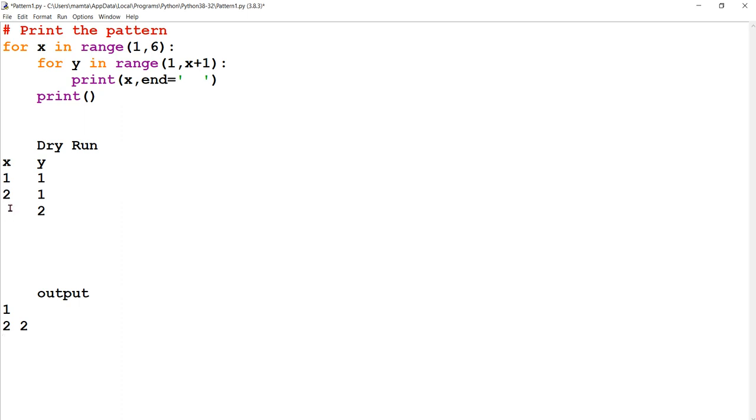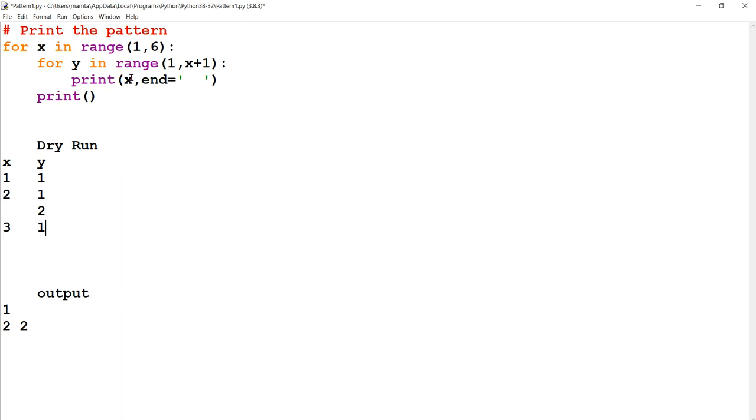Now X's value is now 3. So likewise Y will be working how many times? 1, 2, 3, because X plus 1, that is 4. So Y will be working 1 initially, because as I told you, again the inner loop starts whenever we are entering from the outer loop to the inner loop. So whenever X's value changes, the inner loop, or Y loop, will be starting. The loop of Y will be starting freshly whenever we are coming from the X outer loop to the inner loop.